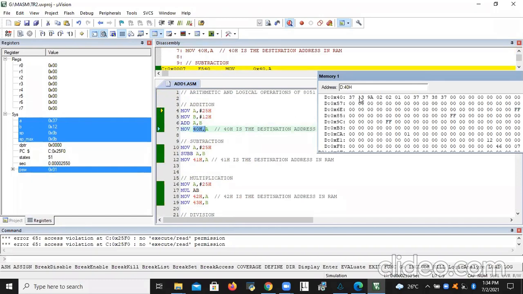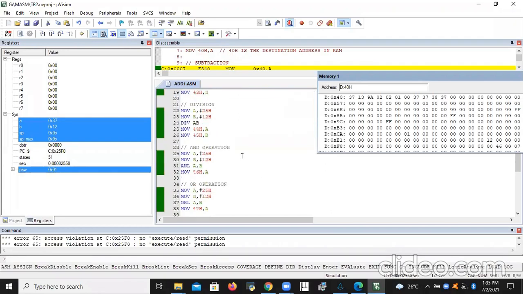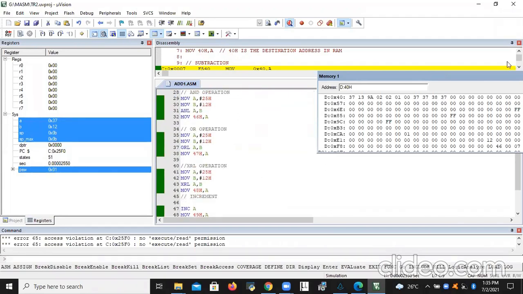Results of addition, subtraction, multiplication, division, quotient, remainder, and after that the remaining ones: AND, OR, XOR, increment and decrement. You can do the operation and check that result also.